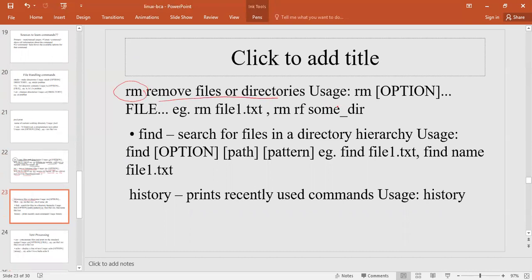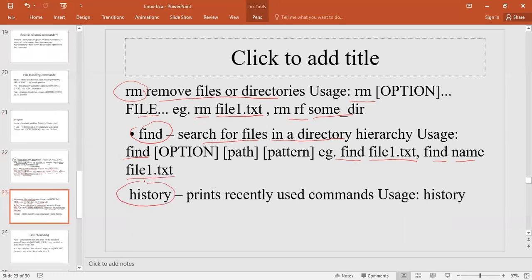When you have to remove a particular file or directory, the command is rm, option, and then the file name, like rm file1.txt, or rm -rf some directory. Then when you have to search for a particular file or directory, you use the find command: find -name file1.txt.